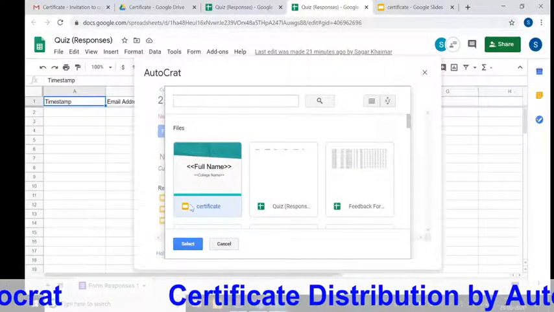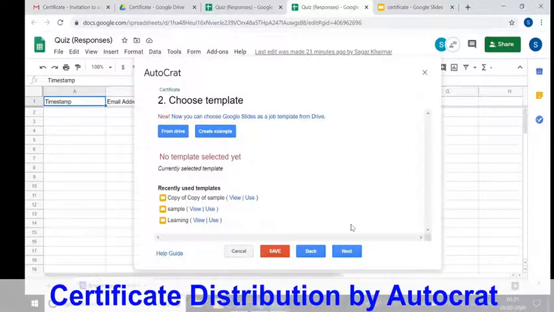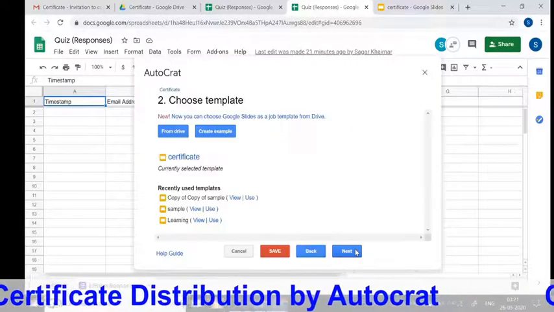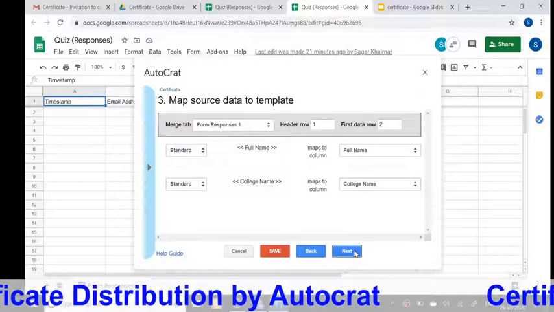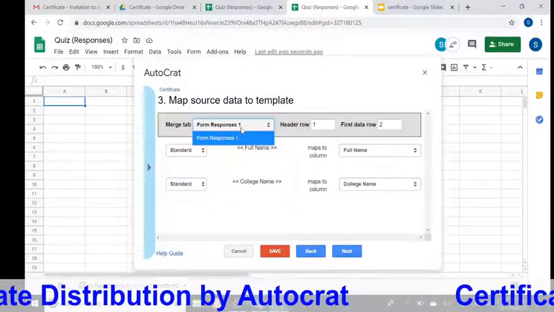Now certificate file is ready. Select this certificate, then click on next. Now here data is an option also.